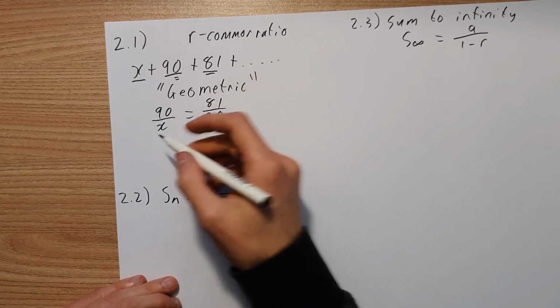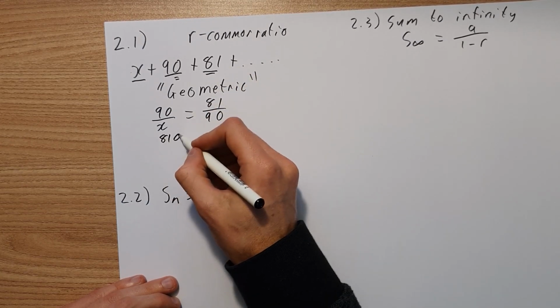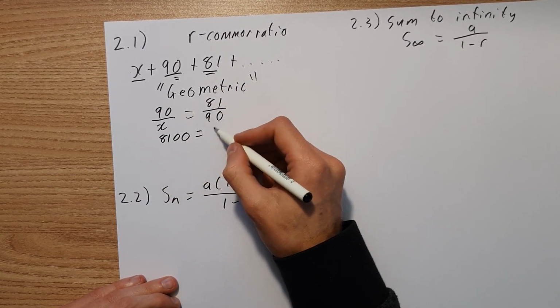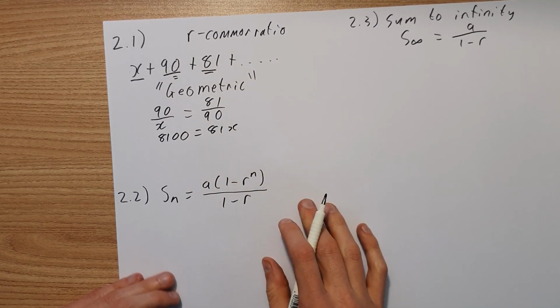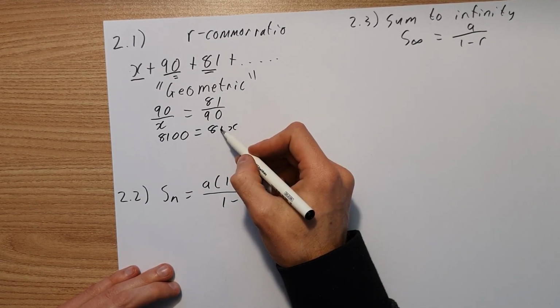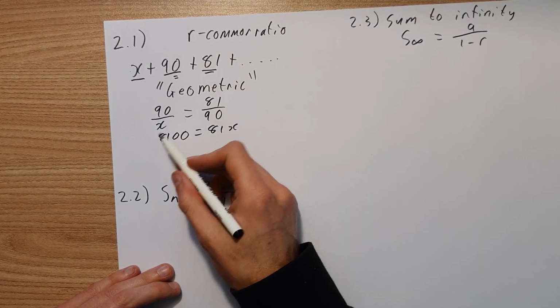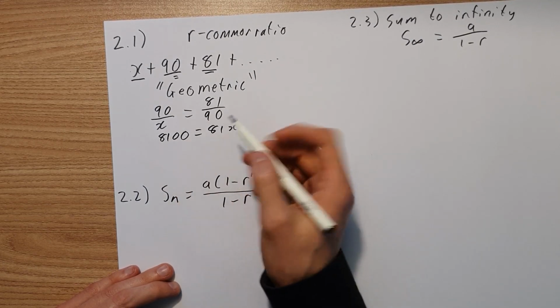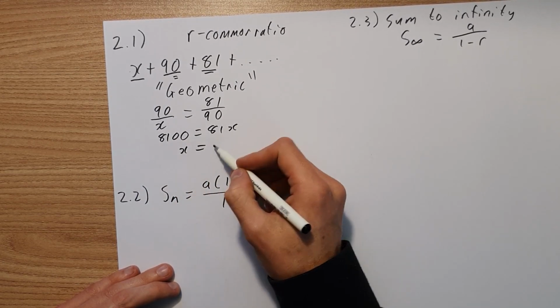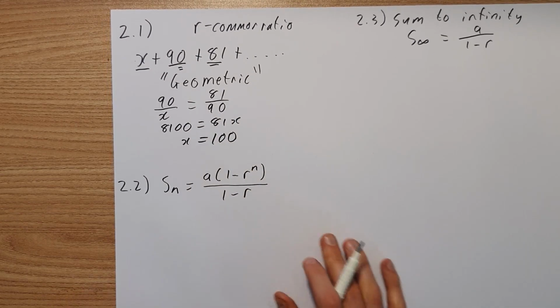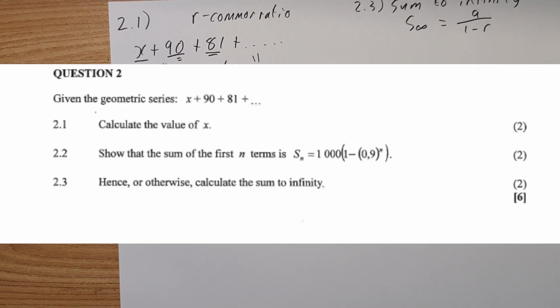So 9 times 9 is 81. Add your two zeros, and then 81x. So now all we're doing is dividing by 81. So technically we have 81 hundredths, so x equals 100. Okay, not too difficult. Now 2.2 says show that the sum of the first n terms, Sn, equals 1,000